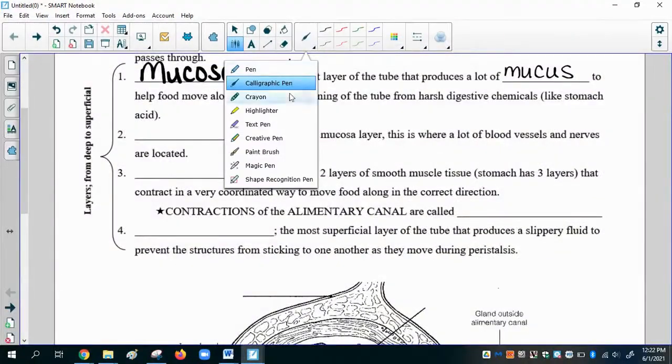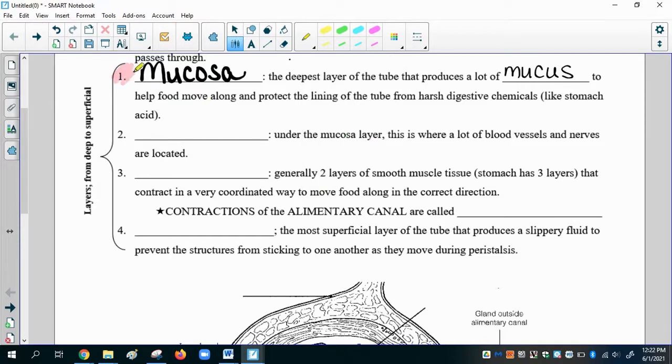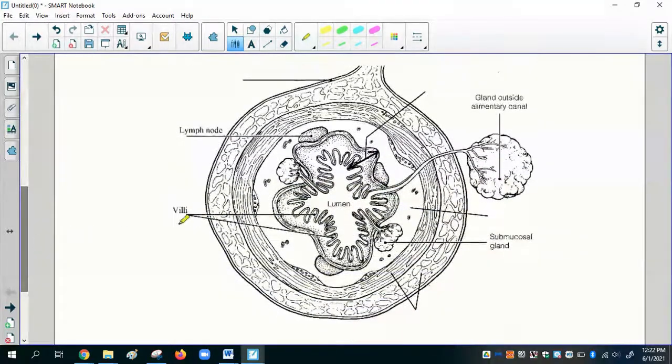So I'm going to go ahead and color in my mucosa lining, and I'm going to use this light pink color, and you'll notice there's actually multiple layers within the mucosa. So just bear with me. I'm going to color all the way to here. And the picture we're looking at is actually illustrating the small intestine. So it has these really weird finger-like projections, which is not standard for the rest of the tract, but that's what we have. So all of this,